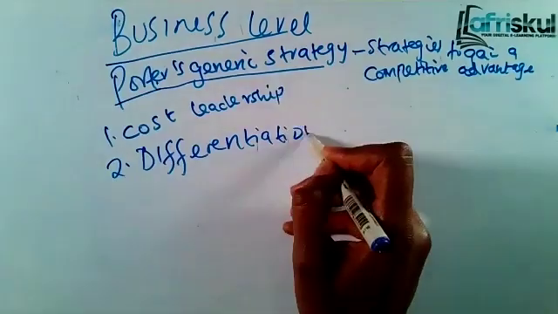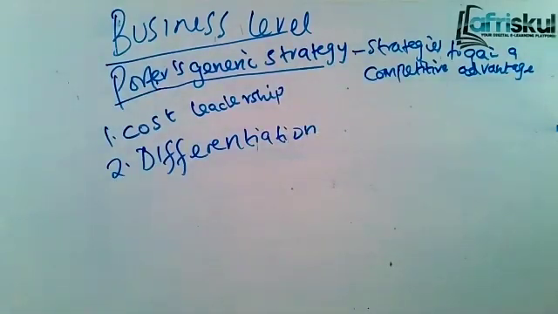The second one is differentiation. Differentiation is where you ensure that your products are unique compared to those of the competitor. For instance, when you go to supermarkets, you buy Hostess at 150 shillings, whereas the other one that I always give as an example is that one that you buy at 70 bob. Why would you buy Hostess? Because you feel it has unique features. So why would you buy an Oppo phone at a higher cost compared to Infinix? Because it's highly differentiated.